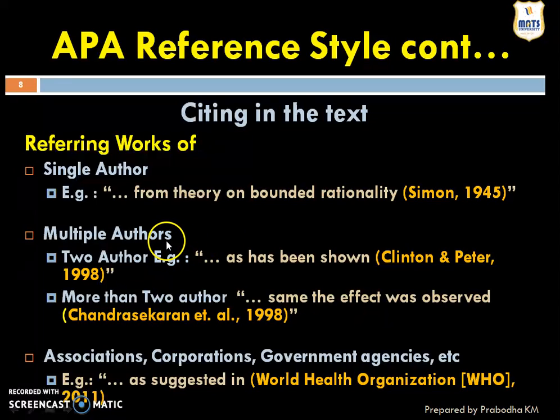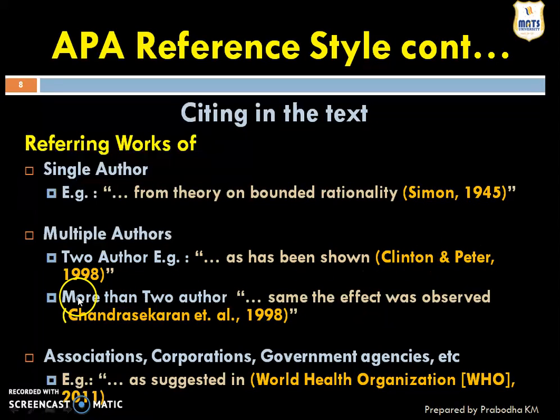Likewise, for multiple authors, here is one example. If it is two authors, like here you can say the statement as has been shown, Clinton and Peter. Clinton is one author and Peter is the other author. So we have to write the last name Clinton and the last name Peter, and we have to mention the